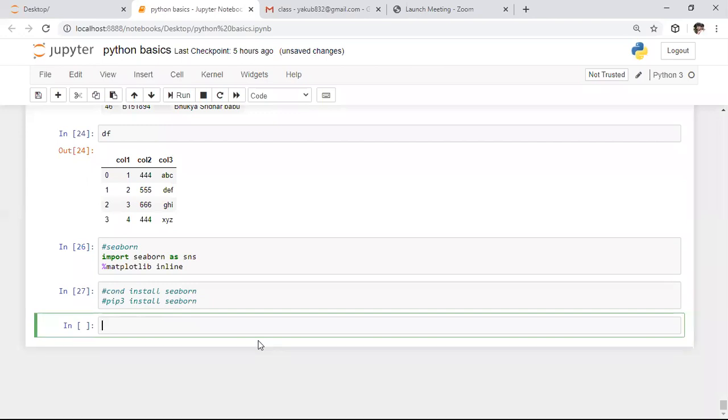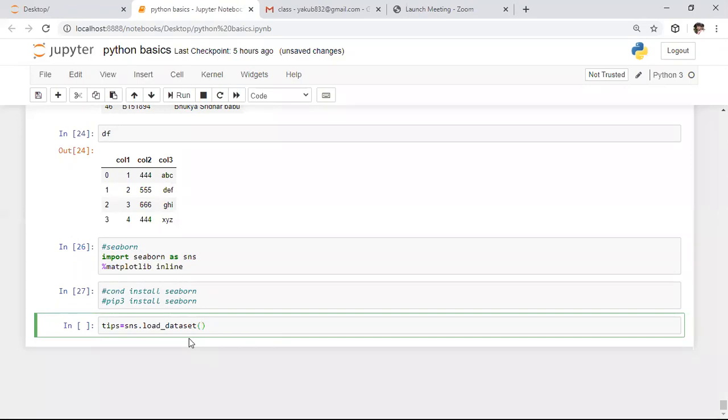Before that, we will download some data. By downloading some datasets, we will visualize this data. In Seaborn, we have different kinds of datasets which are already predefined in the library. Here I want to download the tips dataset. To download any dataset online, we have load_dataset. In scikit-learn also we have the same kind of syntax. So here I'm loading a dataset from the Seaborn library.